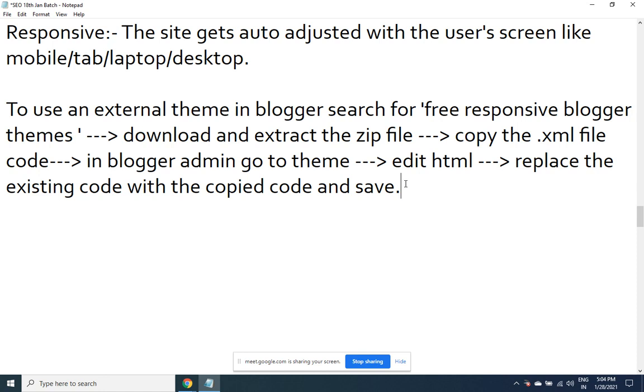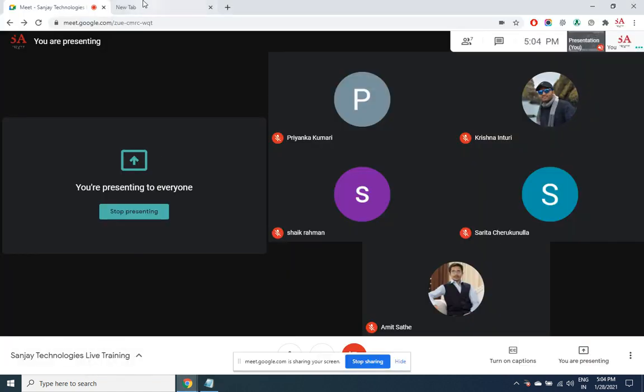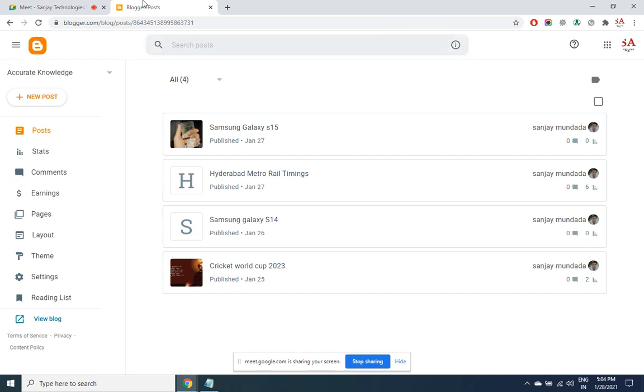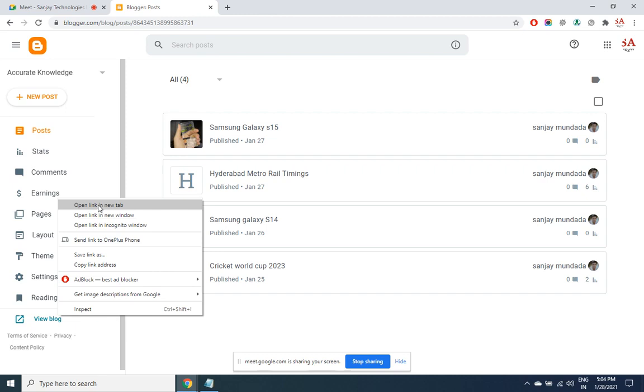Because we'll have to do these changes in the code. So let us understand slowly. We don't require any advanced knowledge of HTML. By looking at the code, you yourself can make it out where exactly the change is required. Let us work. So I log in to Blogger. These are the 4 pages that we published, and this is how our site looks now.